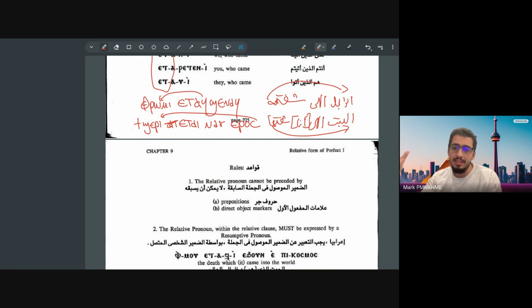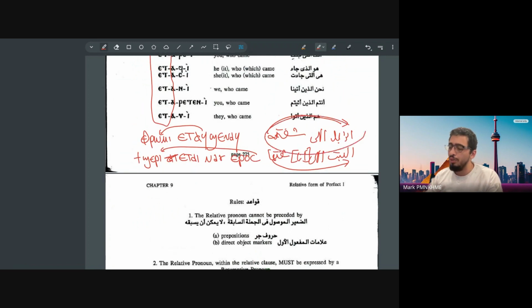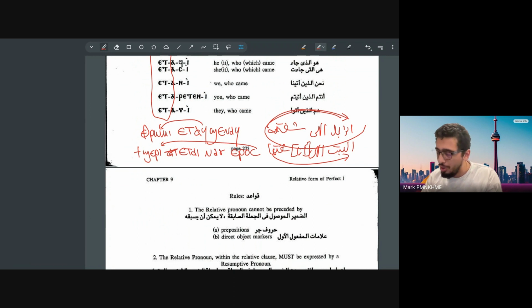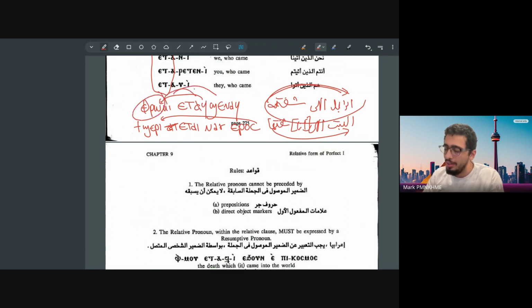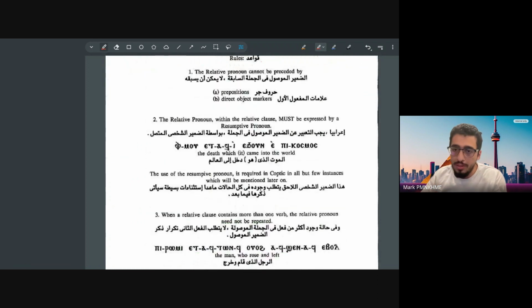Coptic only has an et, so you have to point back which et, because actually my example here was flawed, because I wrote frome etai now erof. So it's like the man which I saw him, or the man which he saw me, or he saw. So you actually have to point out where is the man in the sentence after. But again, like you see here in this example, it doesn't have to come right after. It's like the girl which I saw her. So it can come near the end. So this is one thing to emphasize.